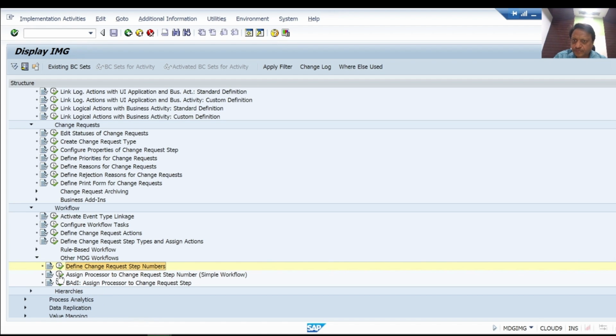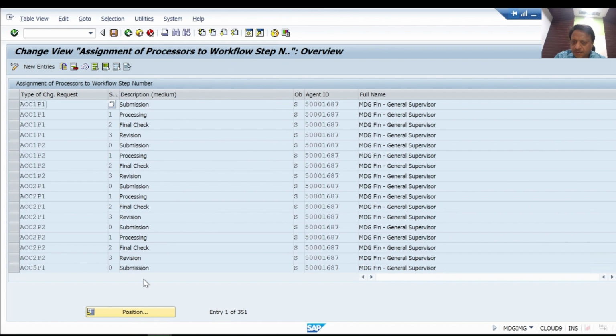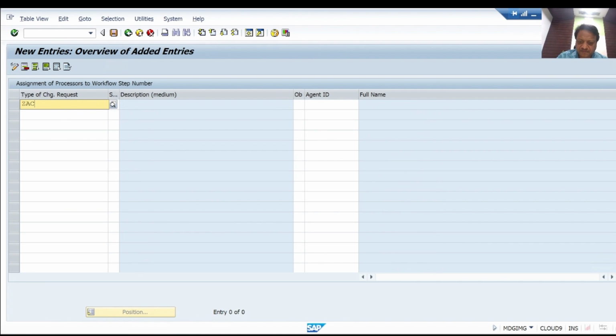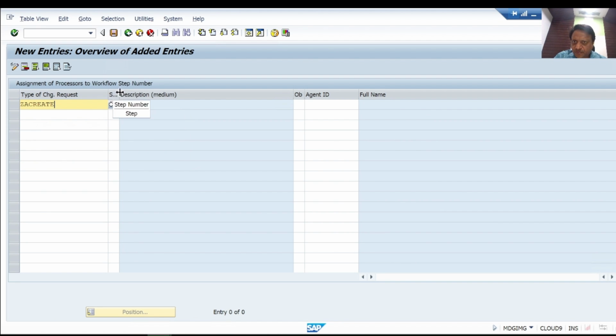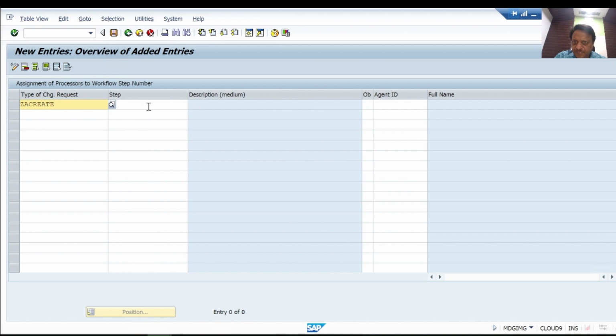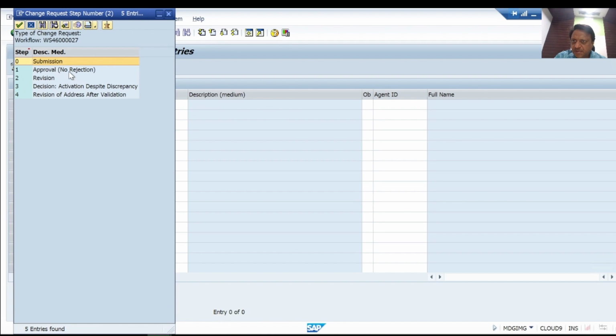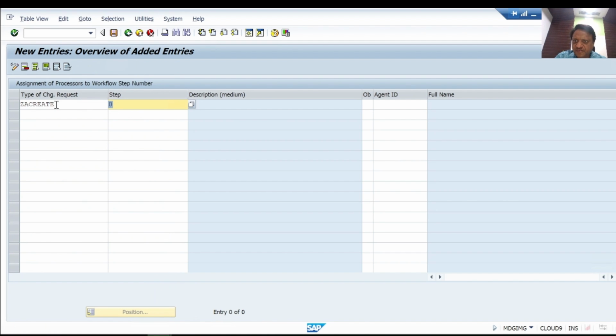So we will then go to the new definition, and let's call this ZA create. We'll pick up the step number, either from the help. Because this change request is already assigned to the workflow, the system knows which are the possible steps. So let's select all these steps,